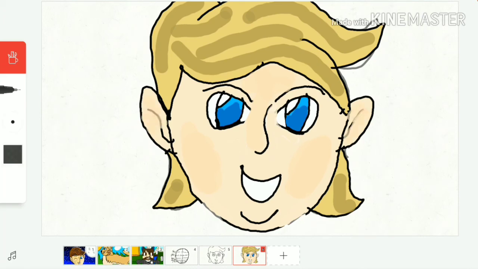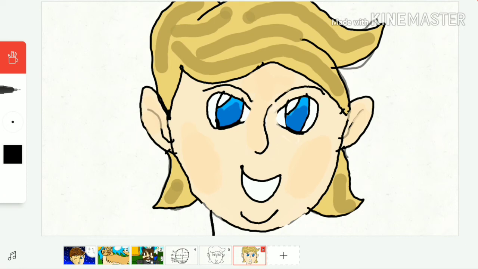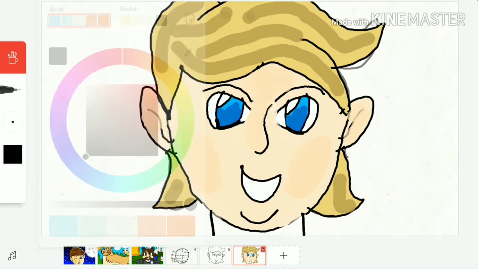Then I tried to give the character some shoulders, but then I realized it needs a neck. So instead of shoulders, I decided to draw this neck. It took me a few tries before I decided which neck I liked best, but I came up with a design that looks like this. Then after that, I colored in